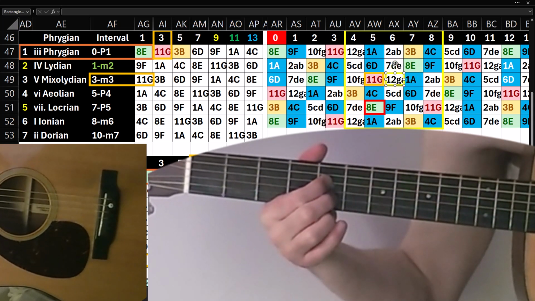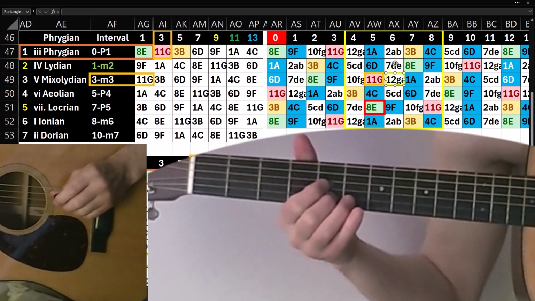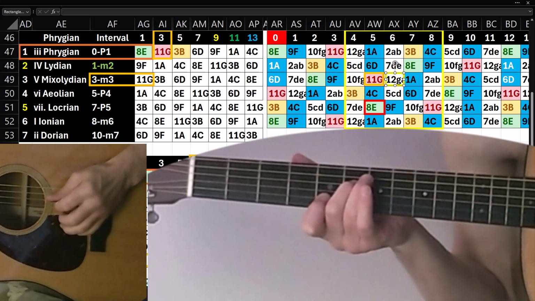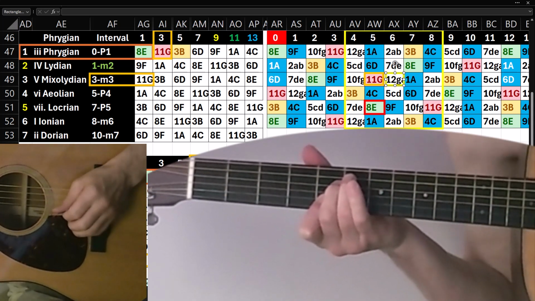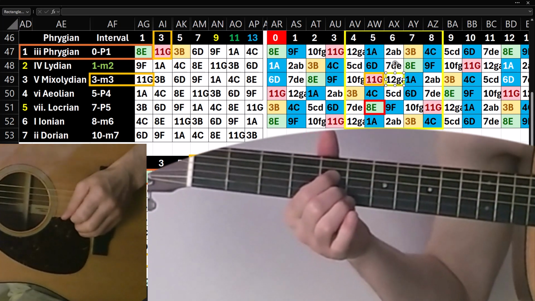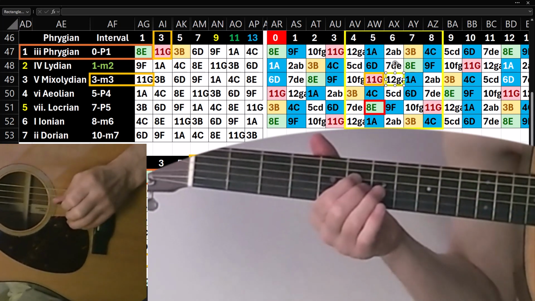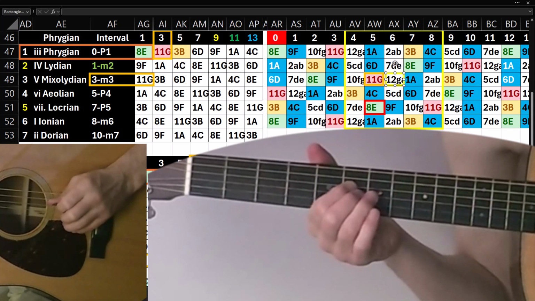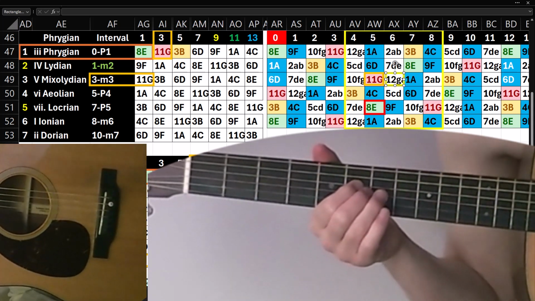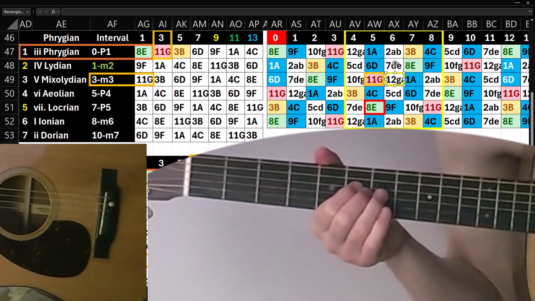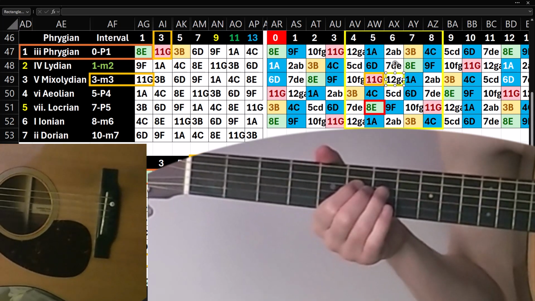So you can kind of play with smearing it back or something. But you usually don't do that in the minor mode. If it was in a major, you're going from the minor to the major, doing that kind of more bluesy thing on a major blues. But all right, so then